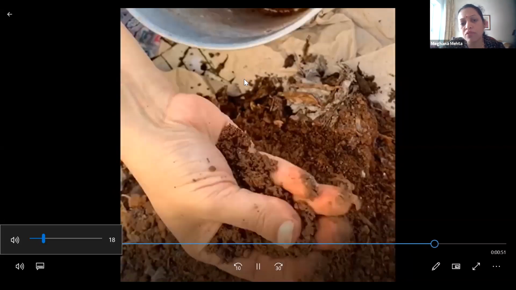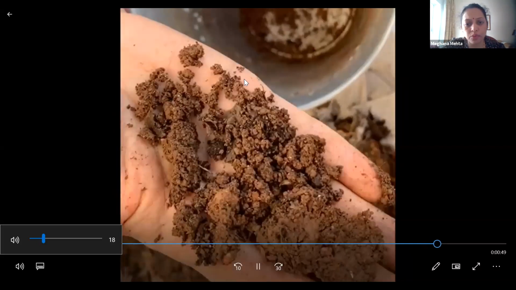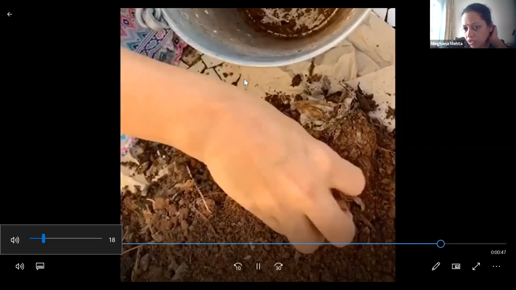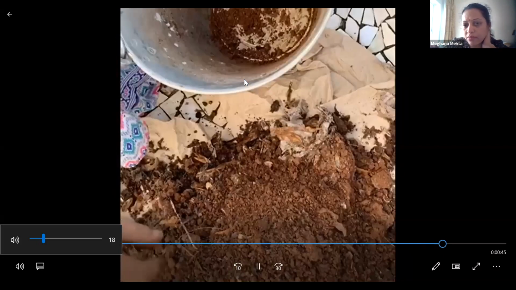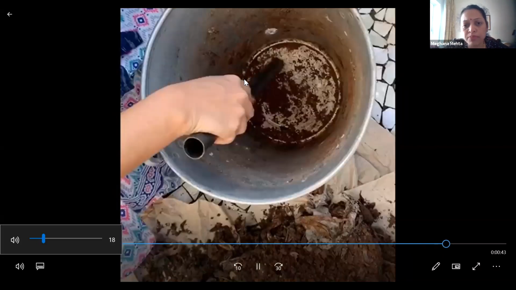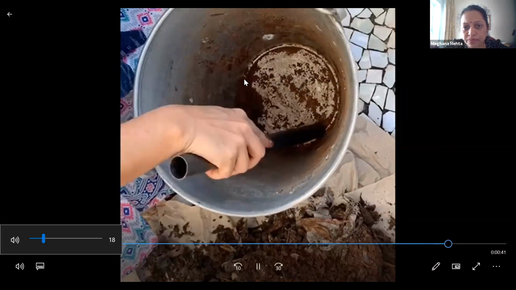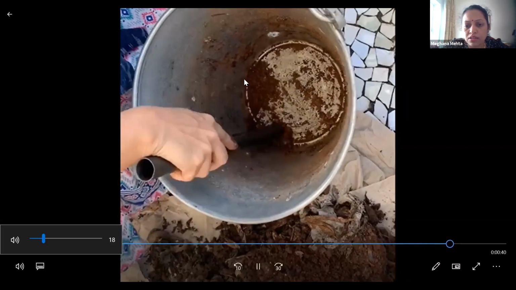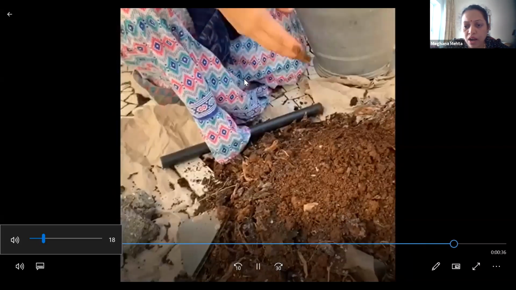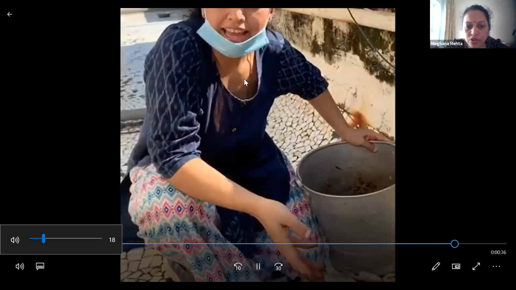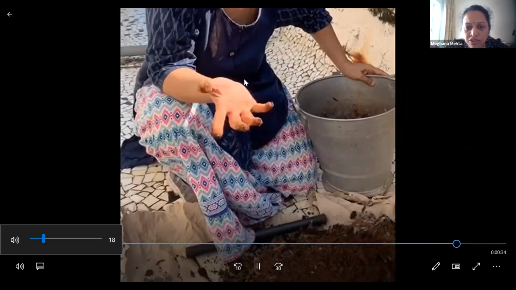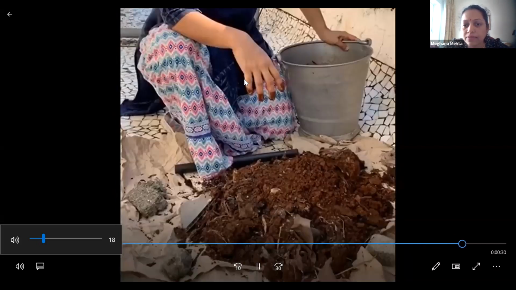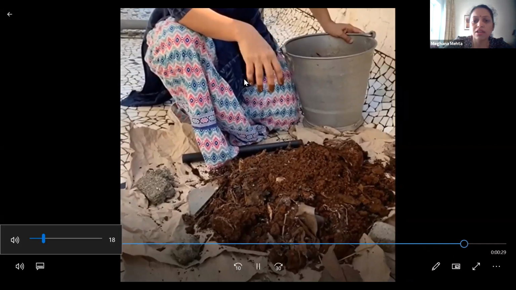Because of the larger amount of soil, it's red and looks more like soil. I did not need to mix much soil into this compost. So you can see the quality of the soil, how good it has come out. So this is the goal. Now this will give me a very healthy plant.